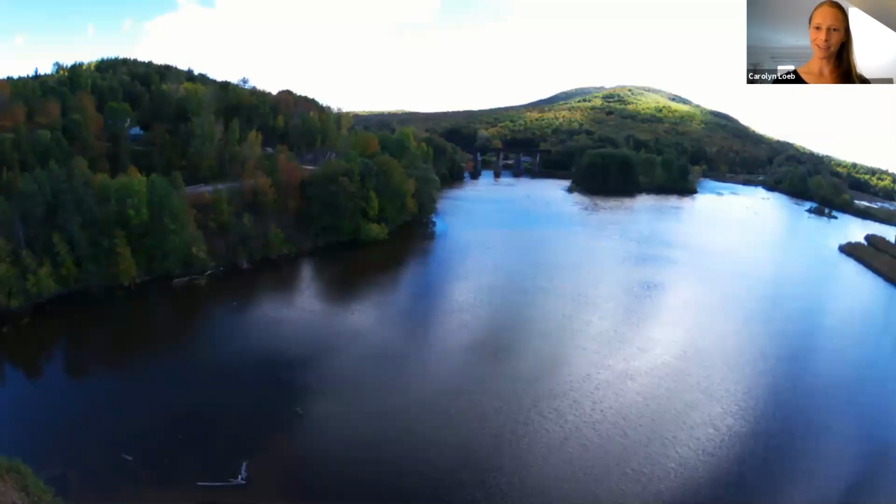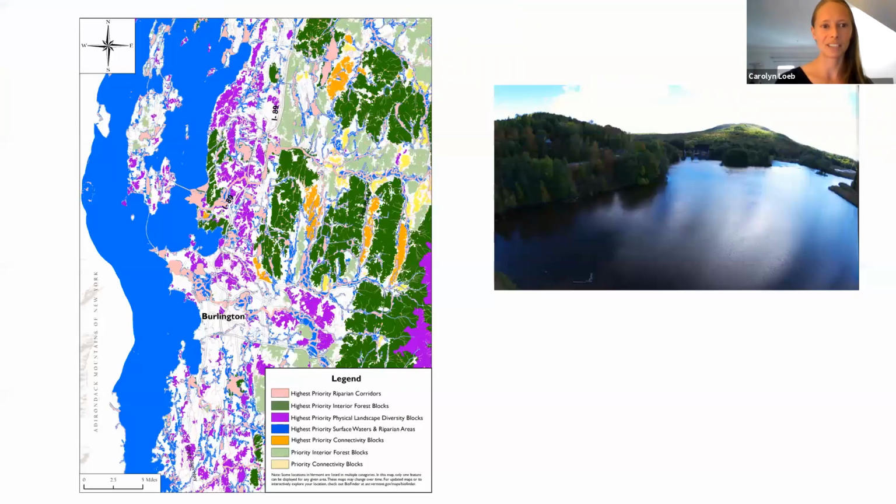Here's another example. If I said to you, do you want to donate some money to really work on protecting this space, or maybe applying some stewardship to it, you might justifiably look at this and say, there's a road, there's a bunch of houses, I see a bridge in the distance. What's so special about this place? There are other places that look a little bit better. And I wouldn't necessarily disagree with you, except if I told you that that space was right here,